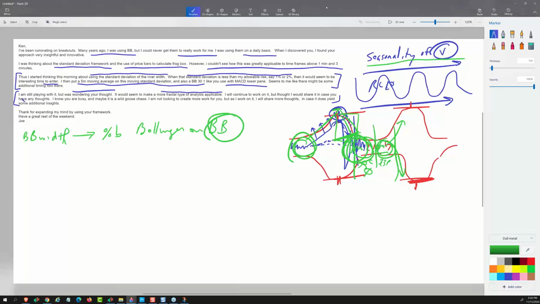It's very good. He likes using the 20 period, and that's the default. He uses a 20 period and a 2 standard deviation to establish,